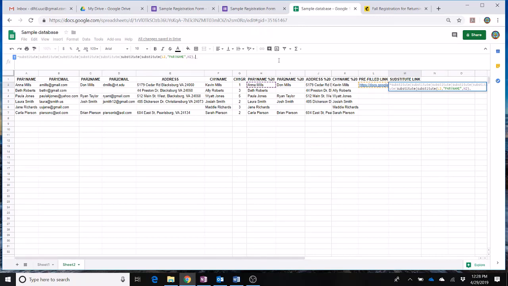So in my case, it's quotation mark, par1 email, quotation mark, comma, and that's located in B2, parenthesis, comma, quotation mark, par2 name, quotation mark, comma, which is located in I2 because it's the one that took out the spaces,